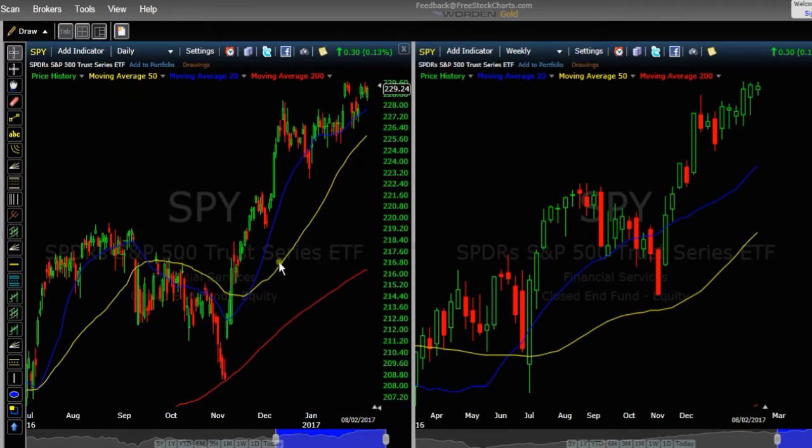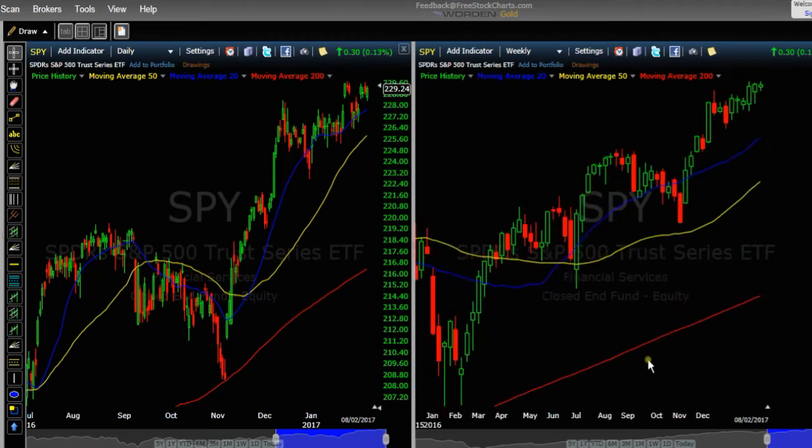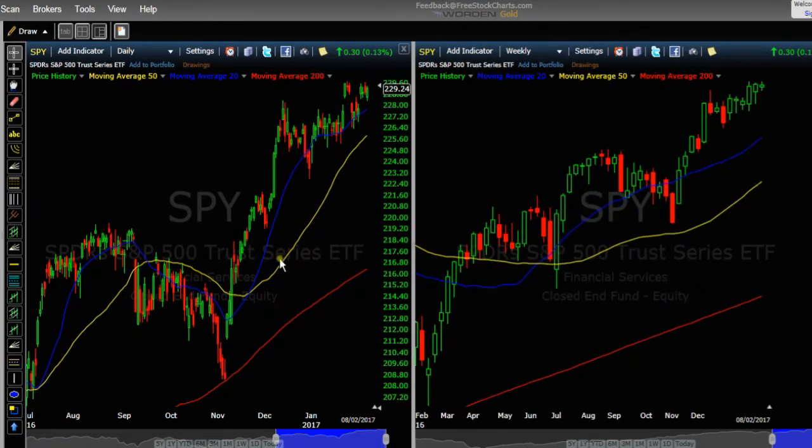Now, most importantly, on the right hand side, I have the weekly chart set up, meaning that it will show me exactly the same price movement, but it will consolidate it into fewer candles. Whereas on the left, each candle represents 1 day's worth of price movement in a stock. On the right hand side, each candle represents 1 week's worth of price movement, or rather Monday to Friday's worth of